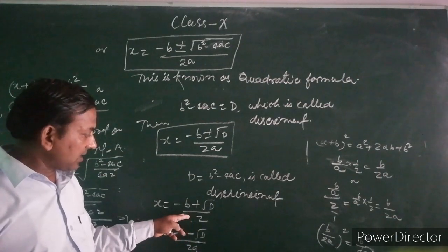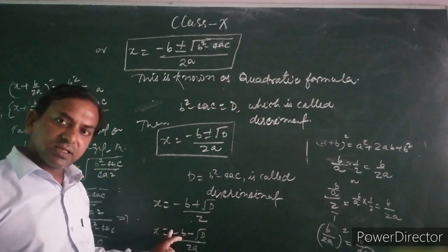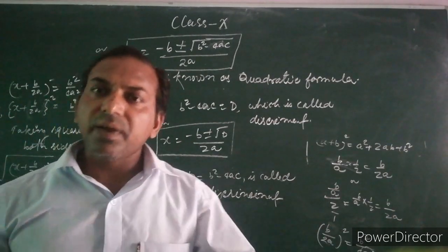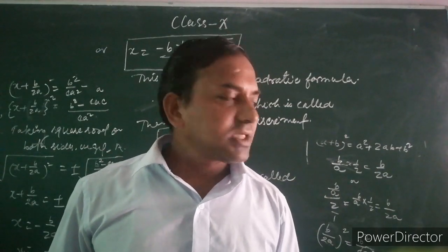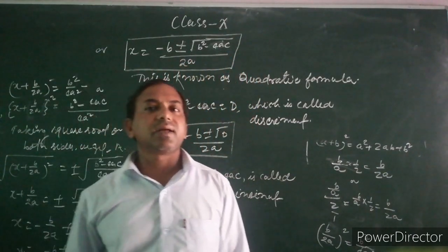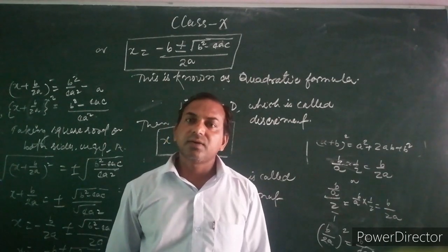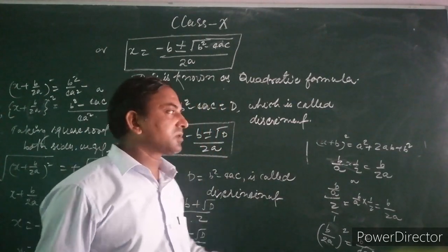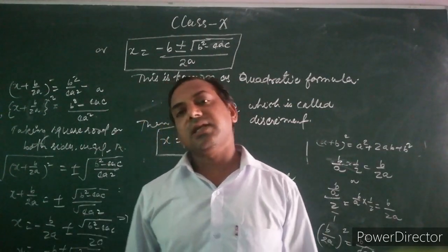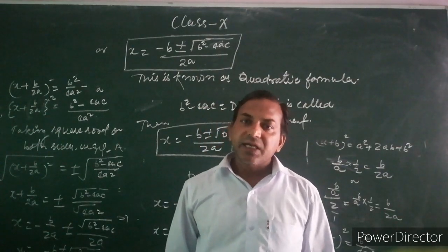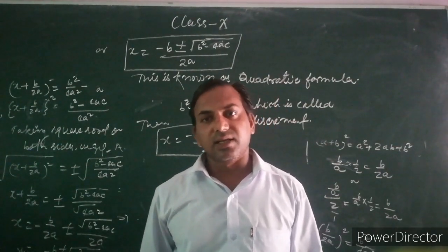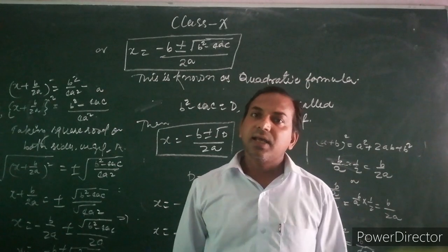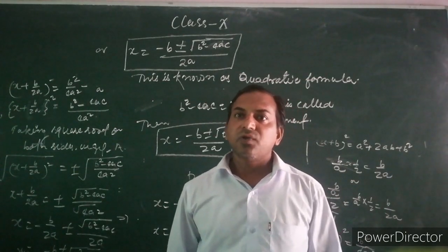Clear? We also find that there are two values of x. These two values of x may be real or imaginary. But up to class 10th level we study only real numbers. Therefore, in case of imaginary roots, nothing is there at this level. In class 11, we will study imaginary roots of a quadratic equation. But up to class 10th level, we know there are two real solutions or real roots of a quadratic equation, which may be